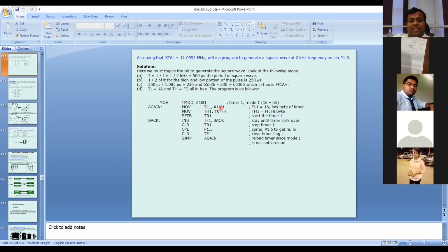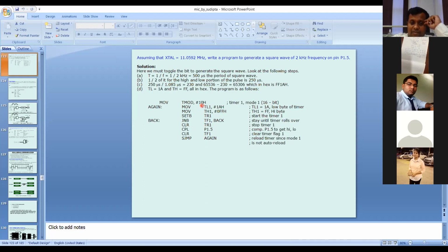Yes. Rest all other program, whatever this program and the first program are basically same. First, we are using the timer 1 in mode 1. That's why it's a 0. C/T bar is a 0 because we are using the timer operations. Mode 1, that's why 0, 1. Then 0, 0, 0, 0, that's not used. So it's a 1, it's a 0. So 1, 0. That's why in TMOD, we are storing the 10H.